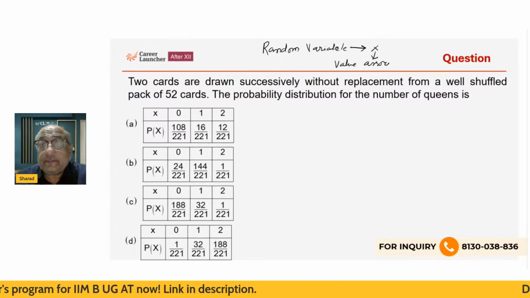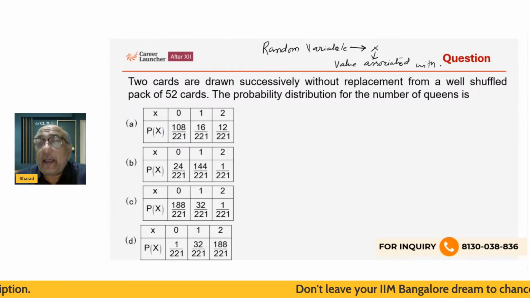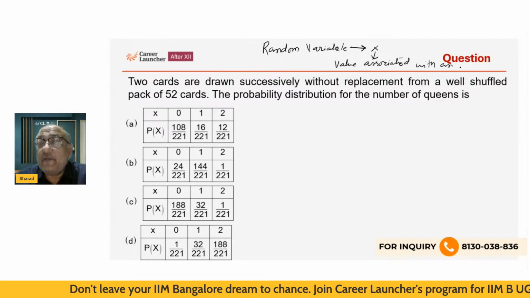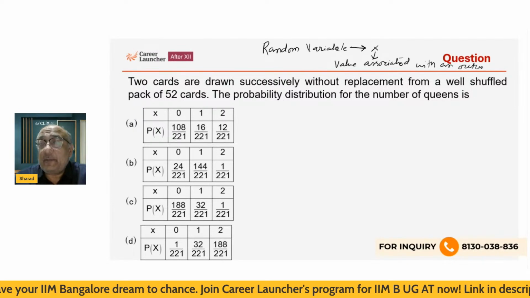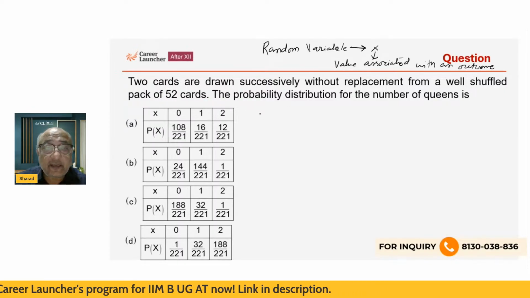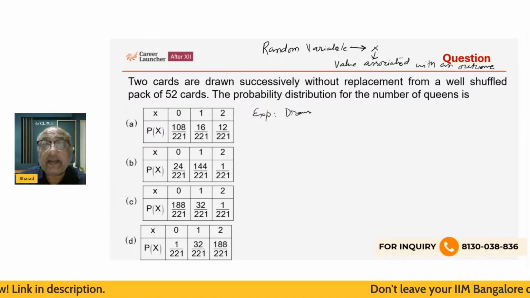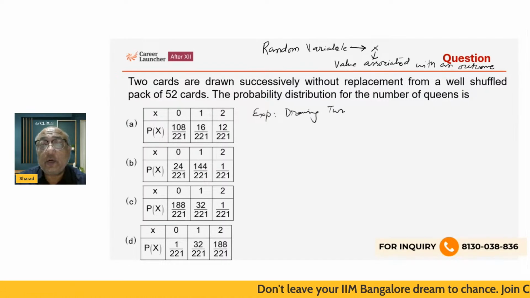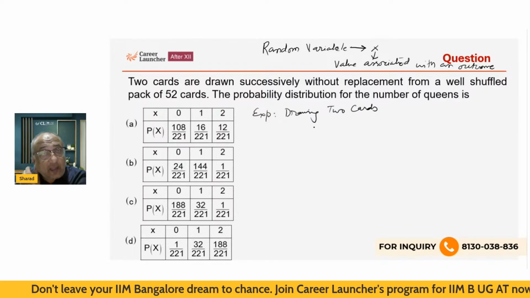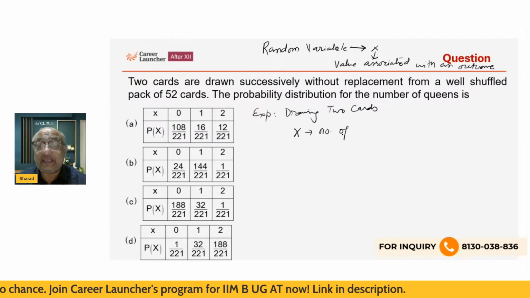associated with an outcome. Value associated with a result or with an outcome. What does outcome mean? If you conduct an experiment, there will be an outcome. So if I conduct an experiment over here, which is drawing 2 cards, that is my experiment. How many cards have I drawn, kids? 2 cards. So what could be the x over here? X is number of queens